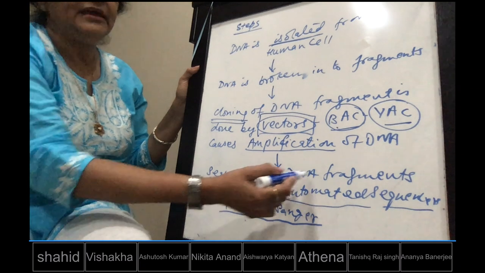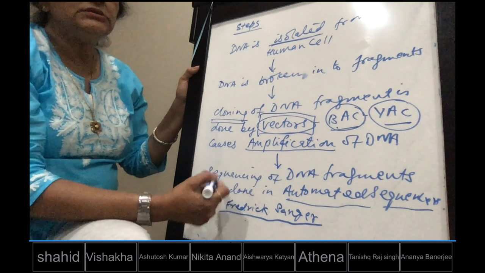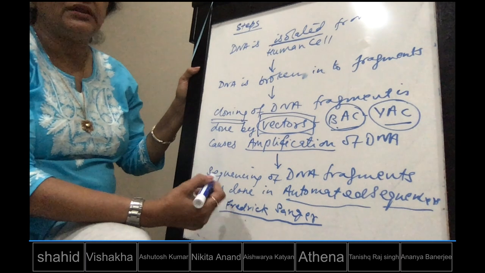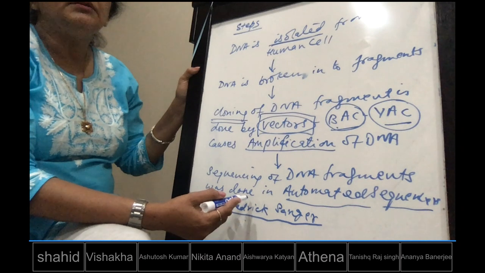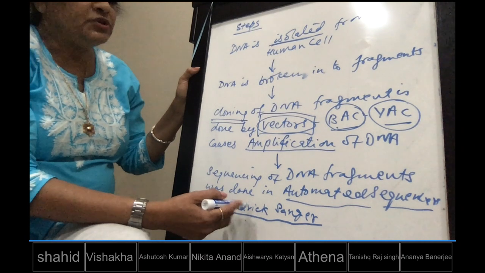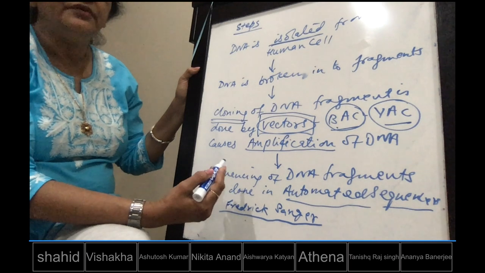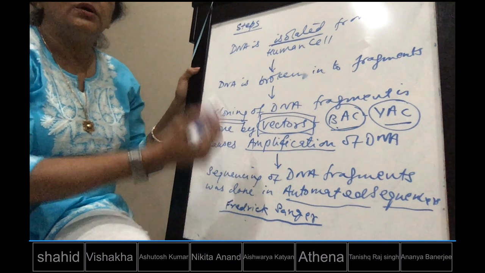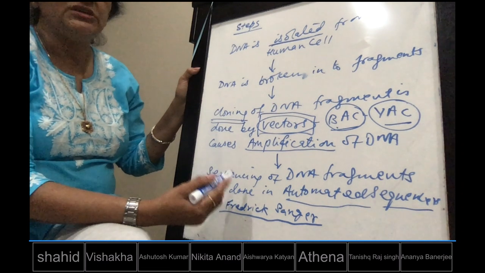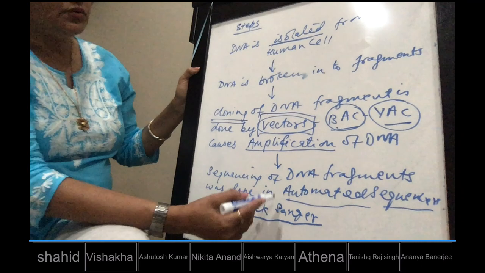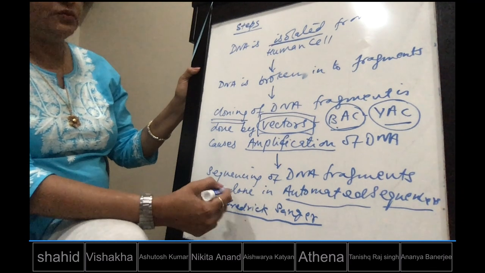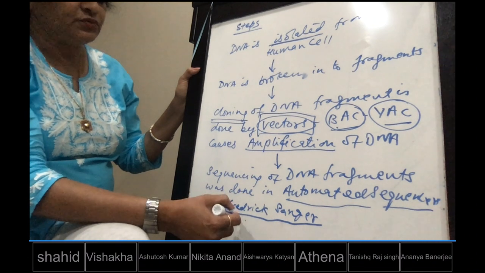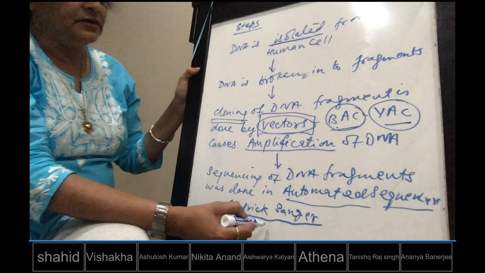If you're asked what is the contribution of Frederick Sanger, his contribution was to do automated sequencing of DNA fragments. Manually doing the sequencing is very, very difficult. So it's like a computer which was used for doing the sequencing of DNA fragments. Sequencing का मतलब वही नाइट्रोजन बेस पेयर्स, इस डीएनए में कौन सा नाइट्रोजन बेस पेयर्स है, that is the meaning of sequencing of DNA fragments. So sequencing of DNA fragment was done in automated sequencers, and the principle was given by Frederick Sanger.